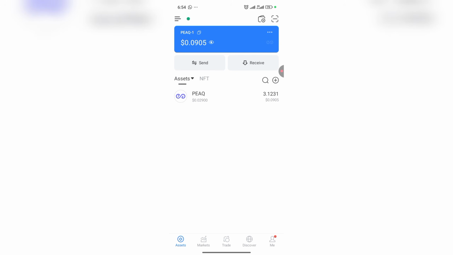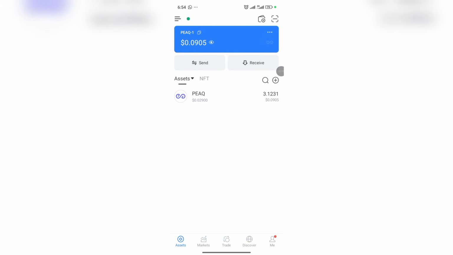Peaq network. If you have your USDC already, you've received it in your USDC wallet, so you want to add it so it will appear here. And if you've not received this, don't panic. You can still import it here. So when they send it to your address, it will appear here instead of you having to wait there in MetaMask. You understand me? So you come to this plus here,